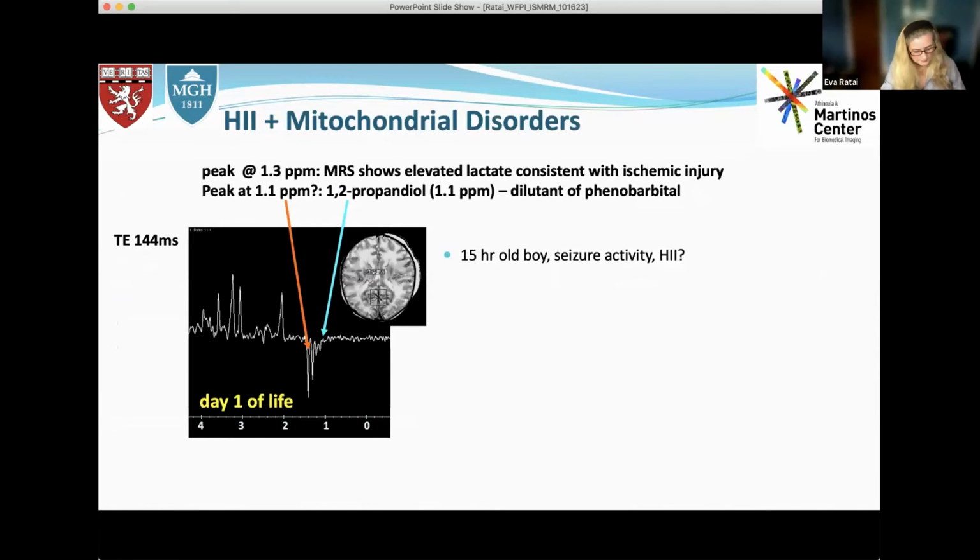And here's a very old case, but I'd still like to show it because it has 2 take-home messages. So number one, this is a 15-hour-old boy. He had seizure activity. The question was, did he have hypoxic ischemic injury? This was before the time of cooling. So one thing I want to point out is you do see a peak at 1.3 ppm. It's 144 milliseconds. It's inverted. So you do see elevated lactate consistent with hypoxic ischemic injury. There's another peak here at 1.1 ppm. So